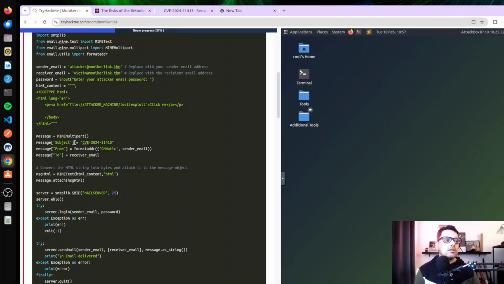Let's see what's going on here. You've got this HTML content, which is the attacker machine, which is going to be my attack box, I believe. I'm not sure yet what's going on. And then I believe you get emails and passwords.